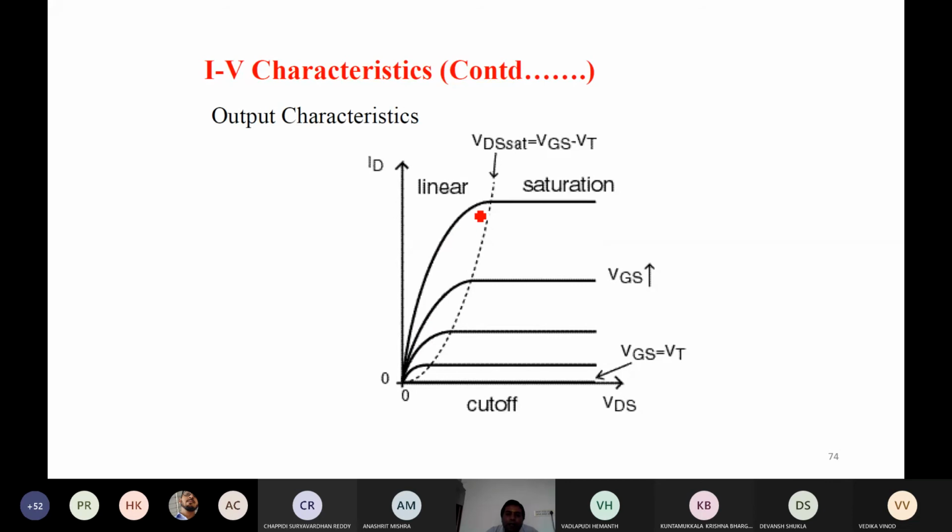It is bending, and at some point when VDS is equal to VD set, it becomes constant, with no more increase. Initially, it was not increasing up to that level. But after VDS is equal to VD set, it becomes constant and there is no further increase. Only the channel length modulation, which we will discuss later, can give a little increase.